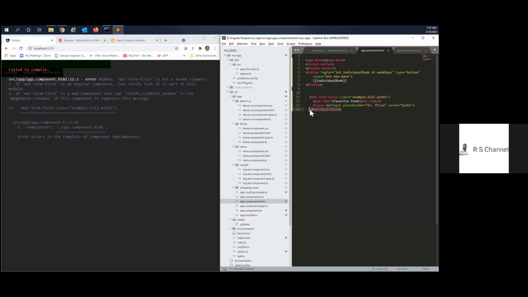For that, you have to find what is the module and you have to import it in the app module.